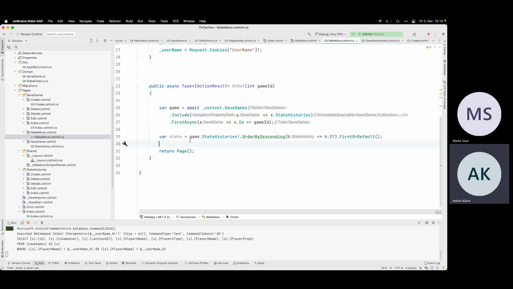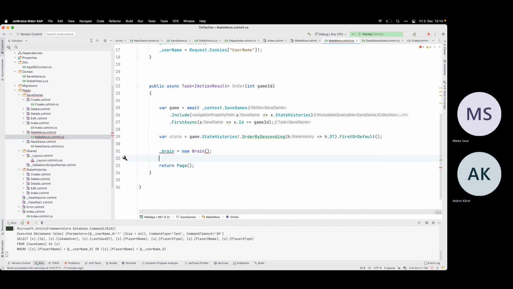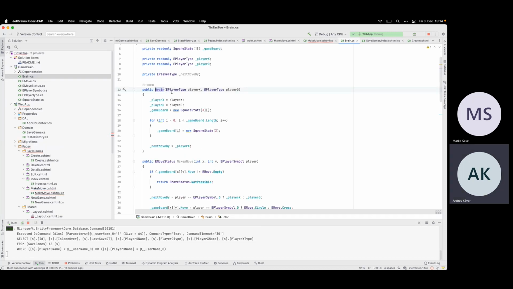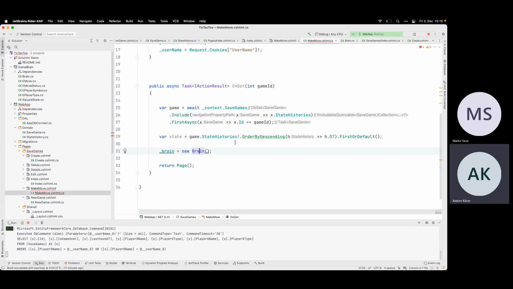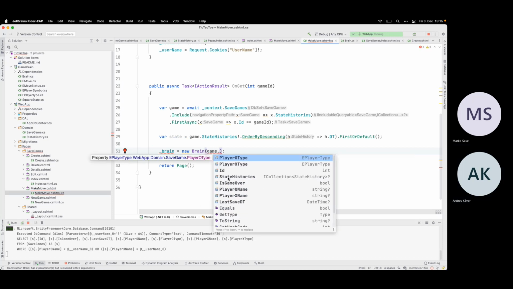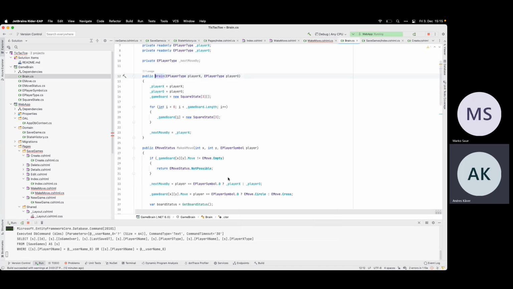So this means that here I can now say that brain equals new brain. But now I need to figure out how do I initialize the brain? Because initially I only have here the player types. So who is the first, X player and O player? Okay, let's set those up. So those I have from the game. So this is the player X type.